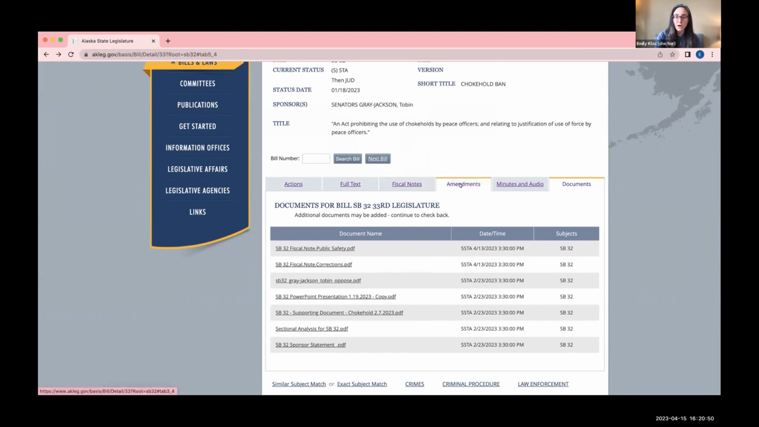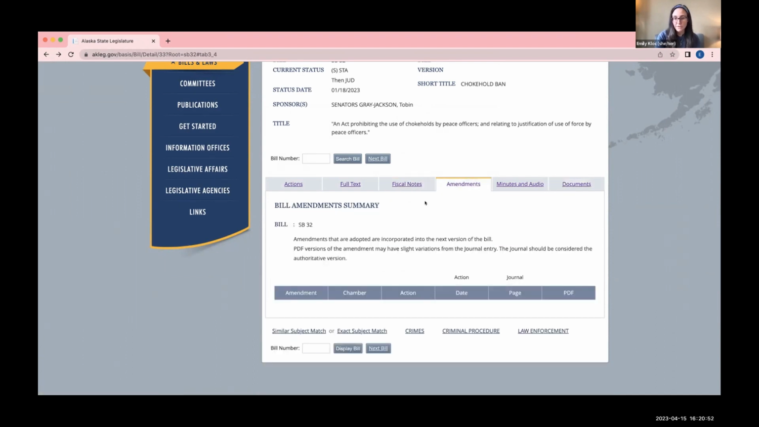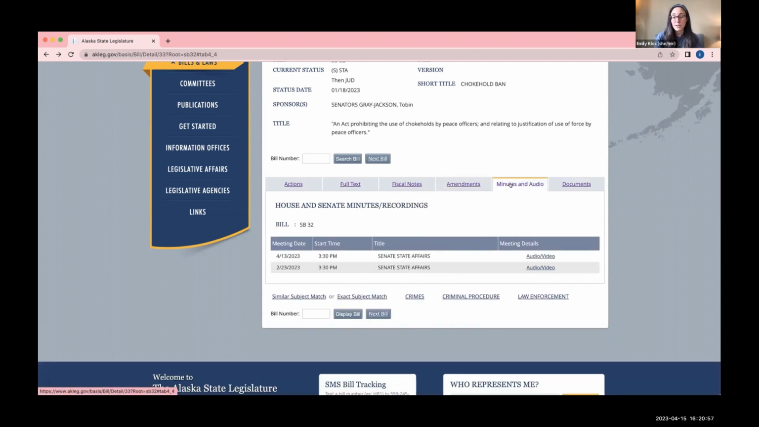Also, you can see all the amendments. There aren't any amendments for this, but if there were, they would be listed here. And additionally, something that's really cool is you can see the minutes and the audio. So if there's a hearing that's happening, you can actually watch it live on the legislative website. And if you miss it, you can catch up by going to audio and video. This will open a new page that will actually take you to when the hearing for that bill began,